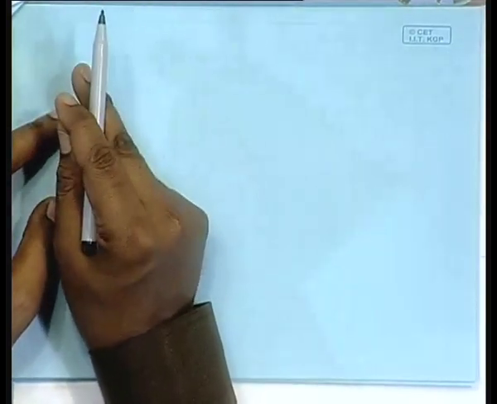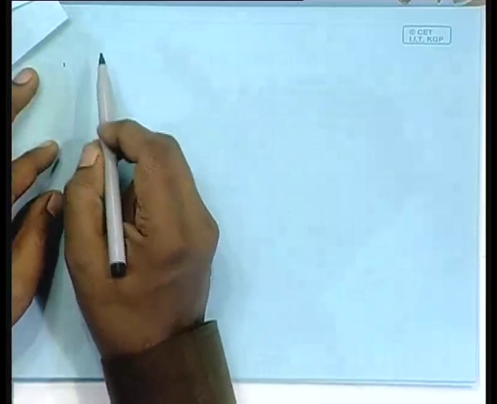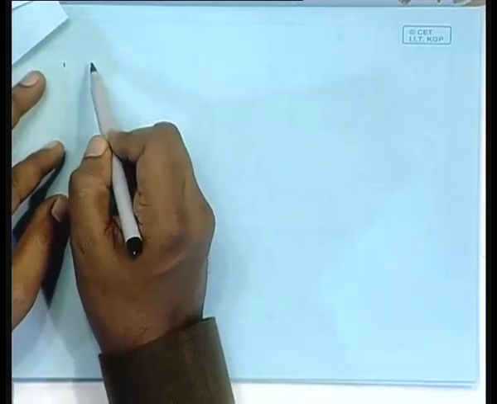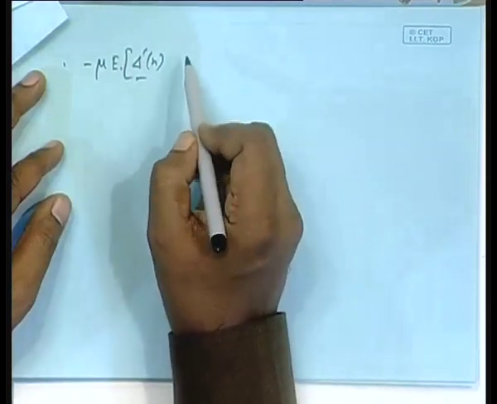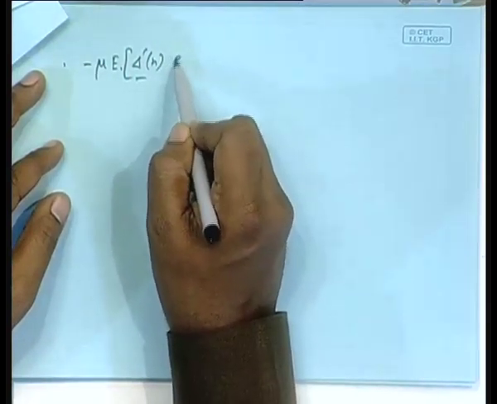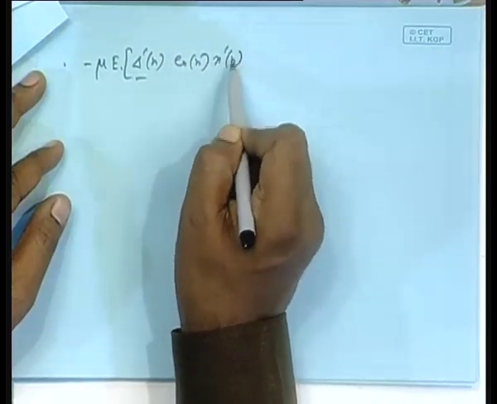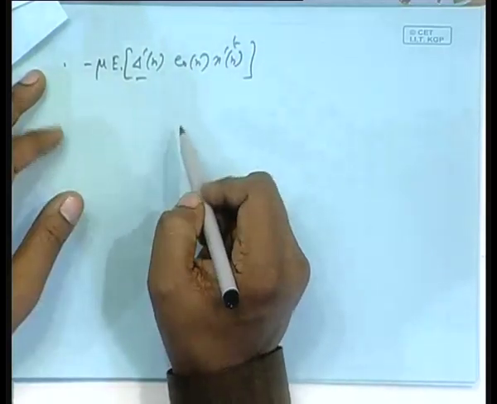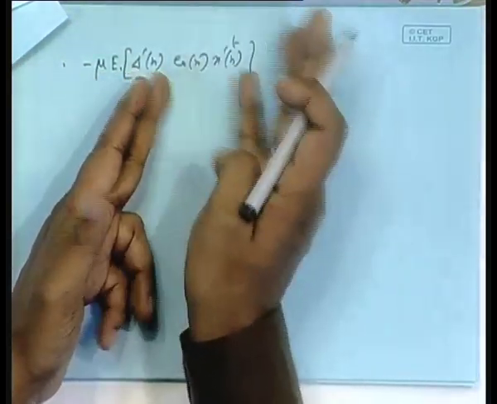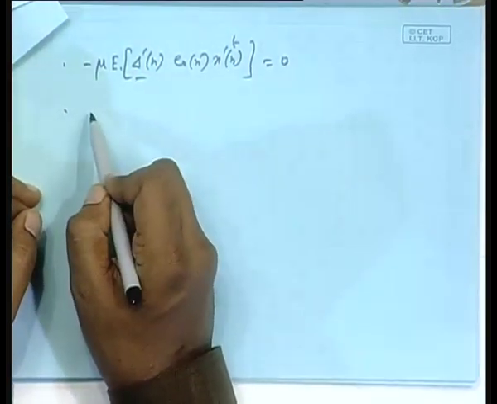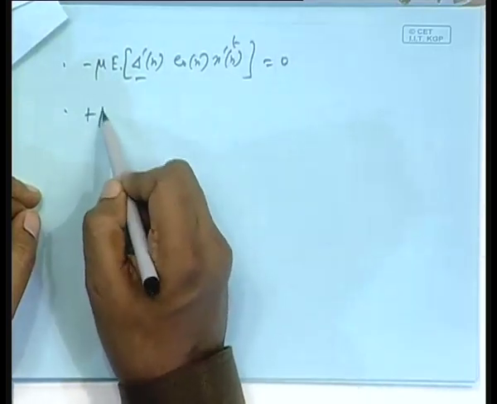Next class I will not redo this. So we need to collect these terms. Maybe I will take these pages with me. And so another term is minus mu E of delta prime n, this is 0 obviously, no? Because this you can separate out with this and this, because of orthogonality it will go. I am repeating what I stated, and the other term is plus, because minus times minus gives plus, mu square